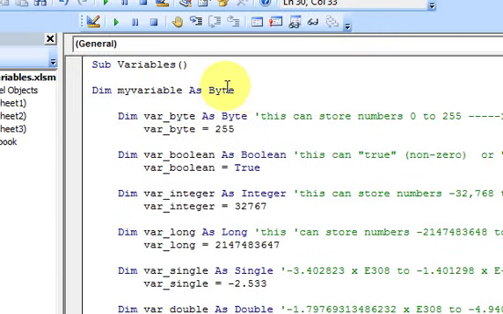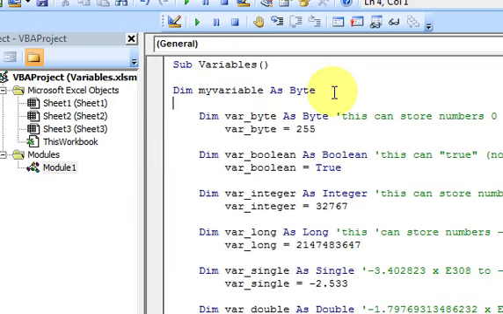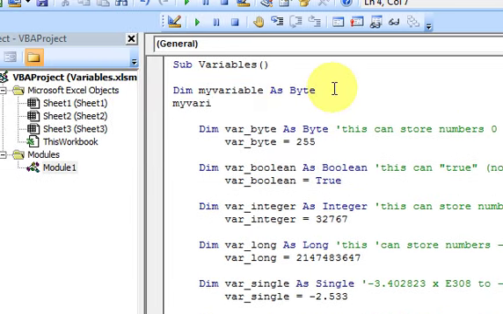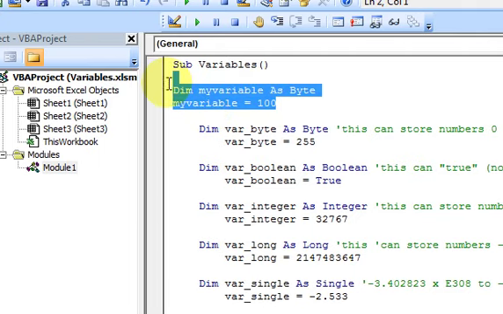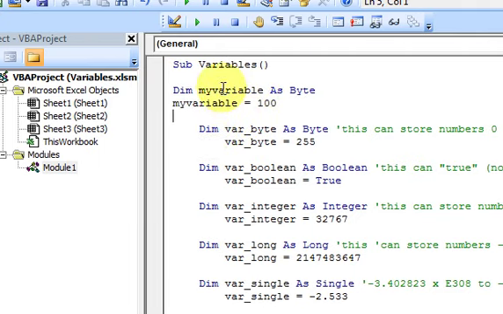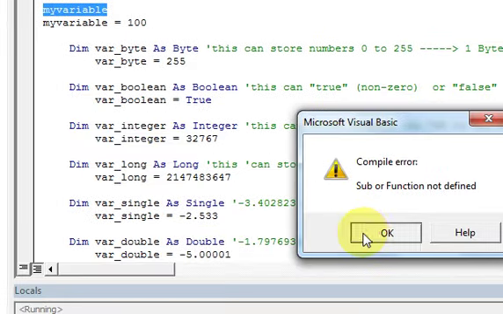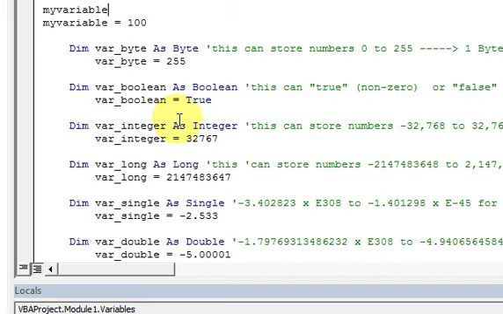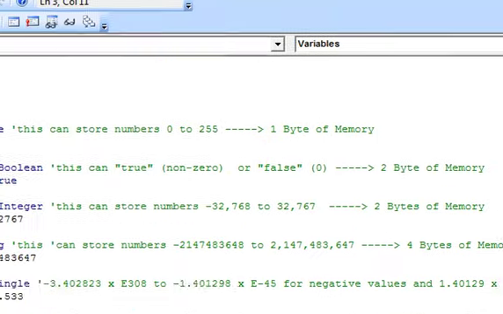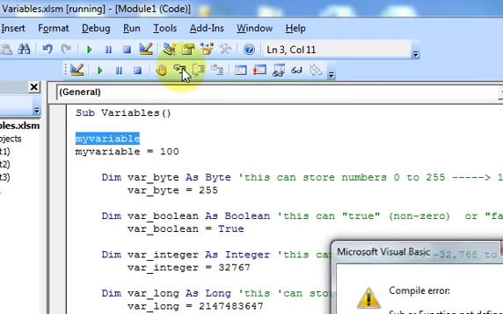What I mean by that is, here's a variable declaration. I declared a variable, and I assign it something: my variable equals 100. This is the way you want to do it. Just to show you again, you do dim, the name of the variable, and then the type, and then you assign it something. If you don't do dim and you don't do as a certain type, it'll still work. So if I step through this,